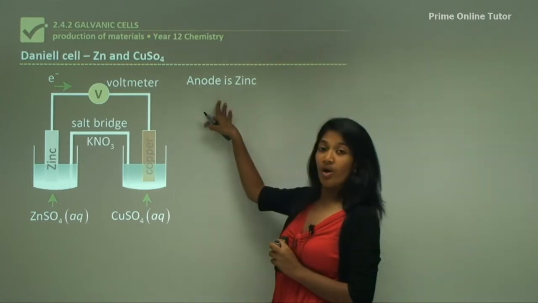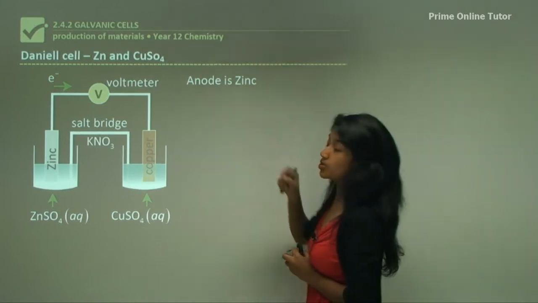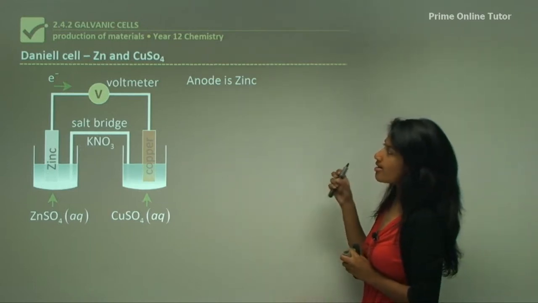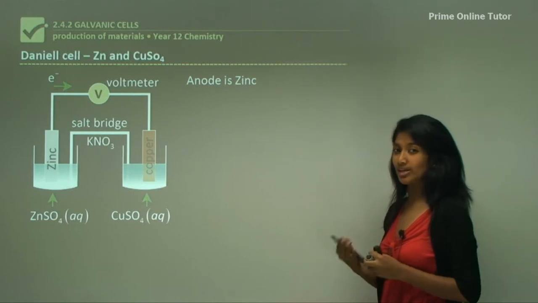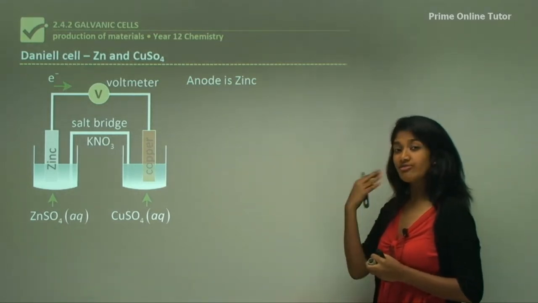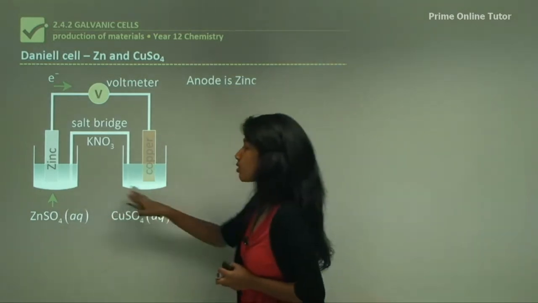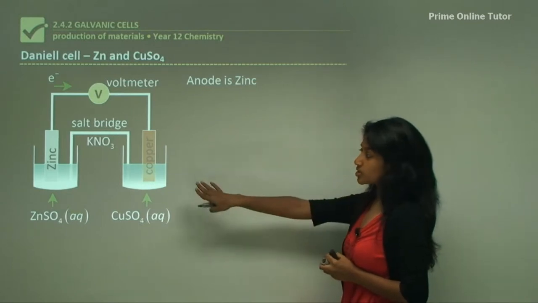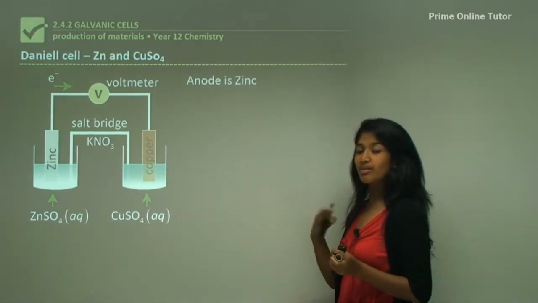Anode is where oxidation occurs. Oxidation is the losing of electrons, and the more reactive metal would lose electrons more easily. This is something you learned in junior school, that a reactive metal would easily lose electrons. So which one is more reactive? To figure this out, you look at the standard potentials table, which is at the back of your